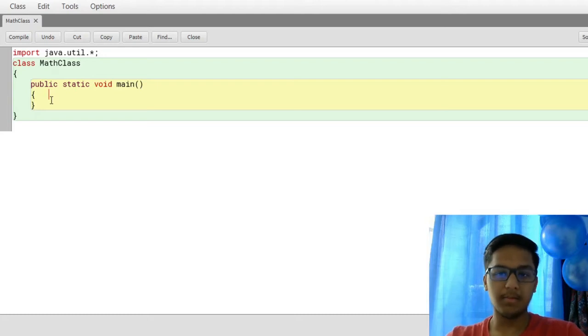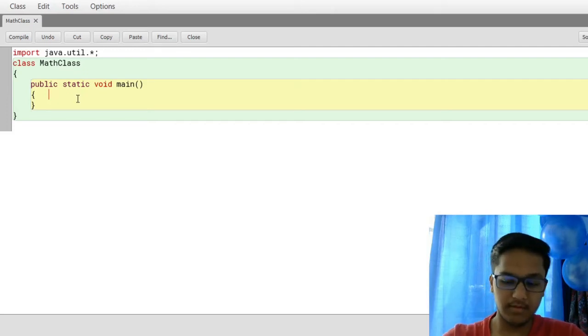Today, we'll be learning about the math functions or the math class. In my previous videos, I've covered the character class and the string functions. In the same way, there are also math functions, which are already pre-built in Java, and we can use math related functions in them. As I mentioned before, there are many math functions, but I'll be covering only the major ones which you'll be using the most. So, the first math function which we have is